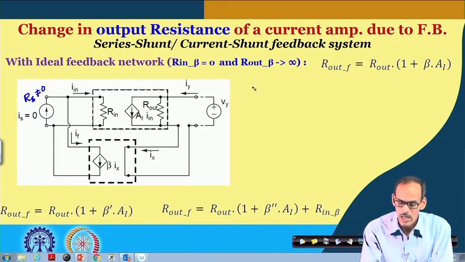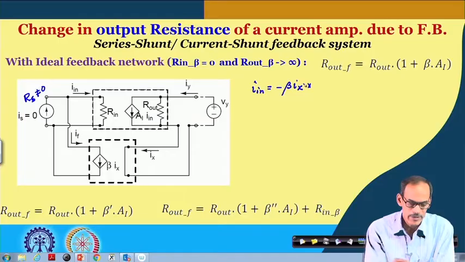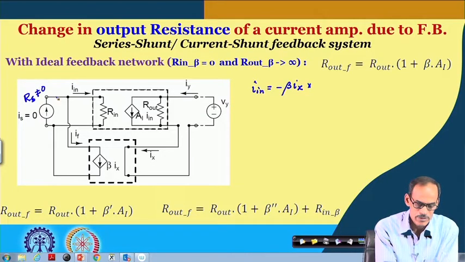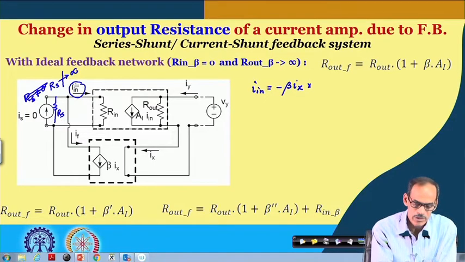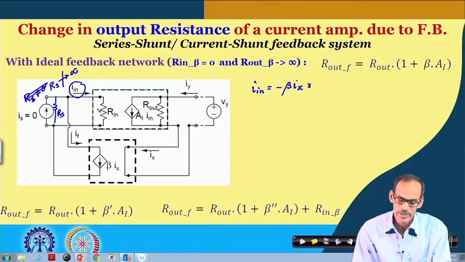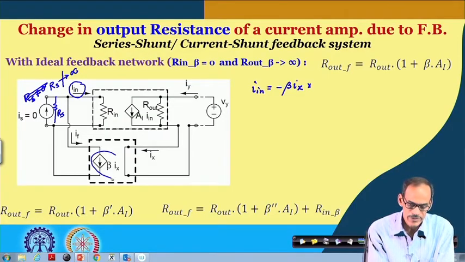So, the I in equals to minus beta into I x multiplied by this. Sorry, this will not be what I want to say, R s is finite, it is non-infinite. So, we do have some finite resistance R s. So, the current going through this main input port of the forward amplifier, I in, is a fraction of this current,